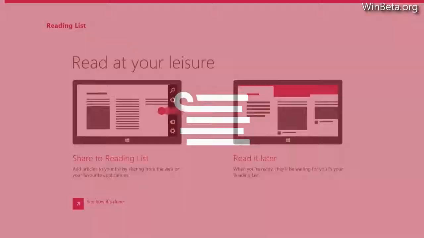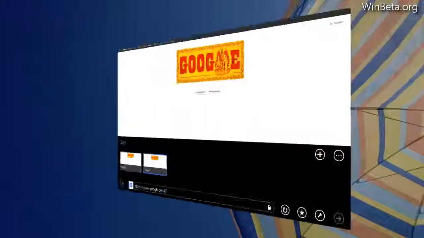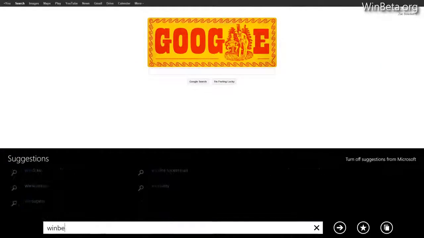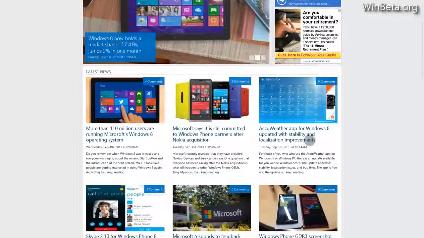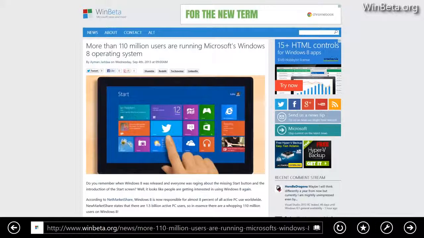Reading List is a new app in Windows 8.1. It allows you to save pages on Internet Explorer for later. So if you open Internet Explorer again and go to our favourite site in the whole wide world, winbeta.org. So if you look for an article, more than 110 million users are running Windows 8. So that's a nice